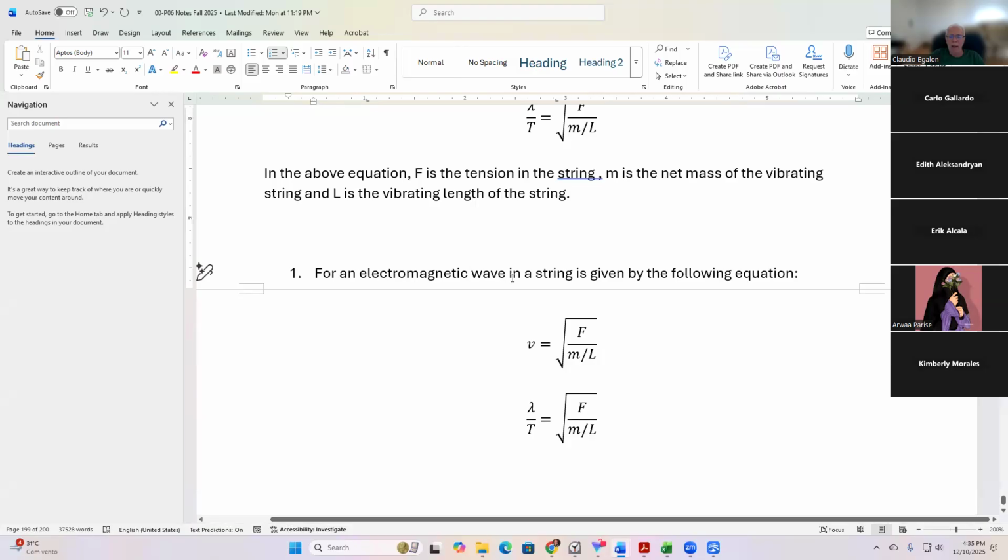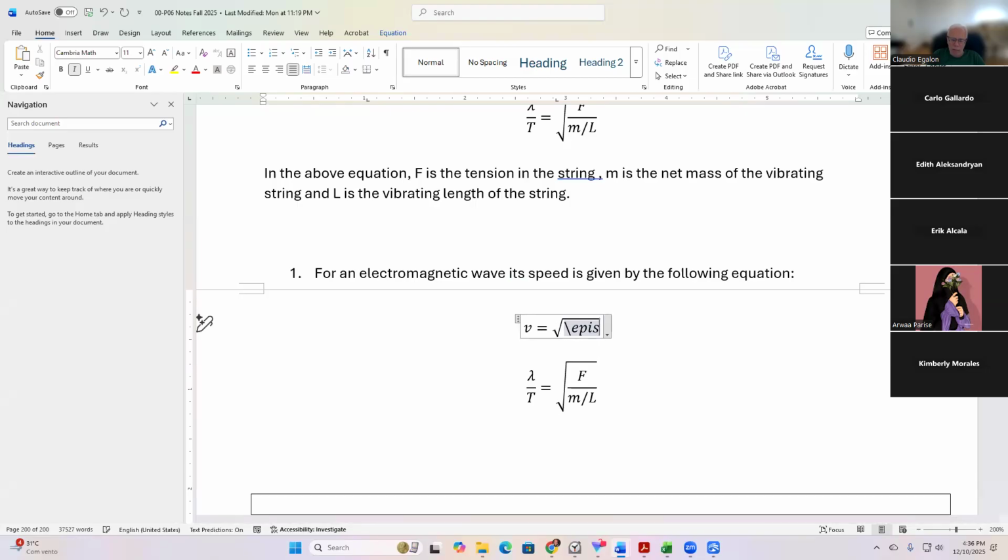For an electromagnetic wave, its speed is given by the following equation. It's going to be the electrical and magnetic properties of a medium, okay? Those are given by epsilon,